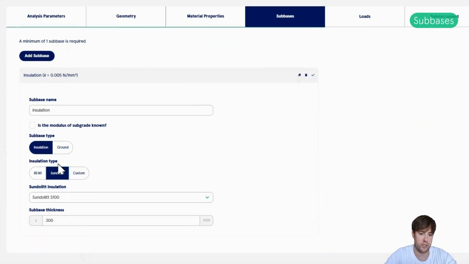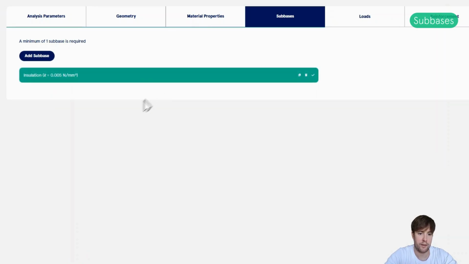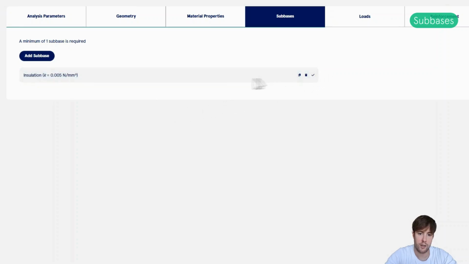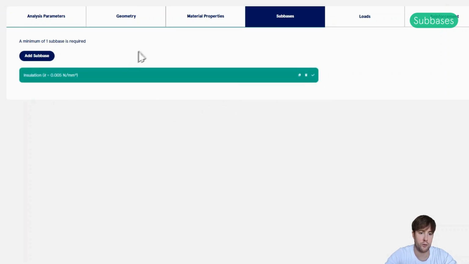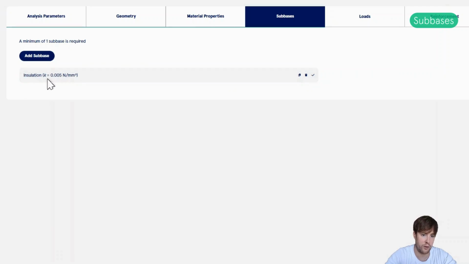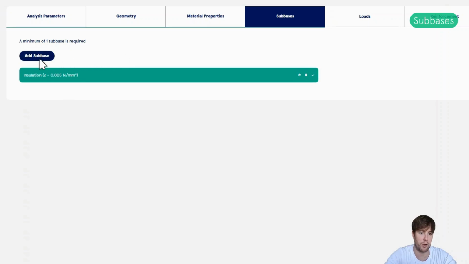So the easy choice is obviously to choose one of these predefined insulation types from one of these insulation producers. All right, and then now you will see that it has a tick mark and this accordion is green, and it will also show the calculated K value, this modulus of subgrade.